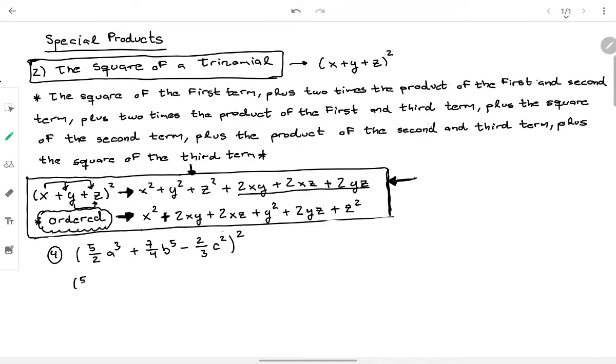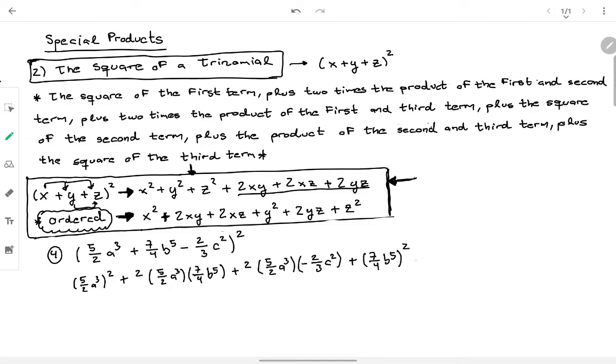So it will be the first term squared plus 2 times the first term multiplied by the second term plus 2 times the first term multiplied by the third term plus the second term squared plus 2 times the second term multiplied by the third term plus the third term